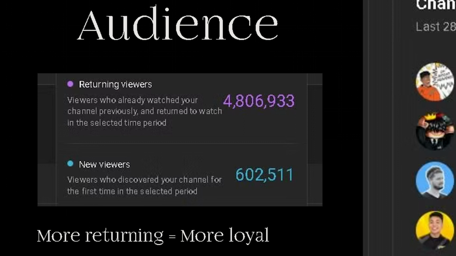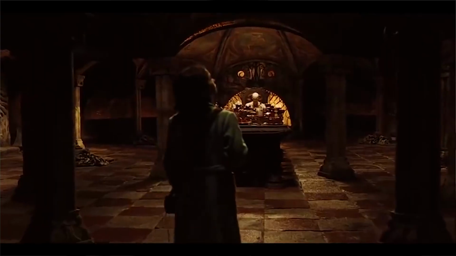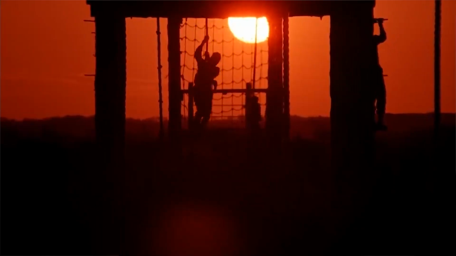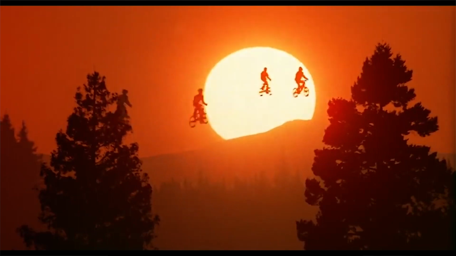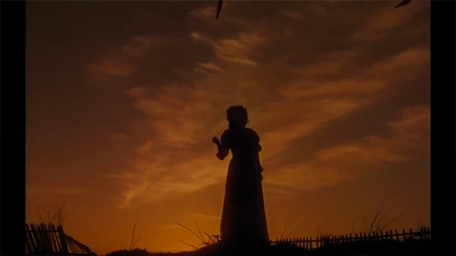Once you understand that, I would start to take more risk and focus on trying to gather new eyes. Now, you'll get these 2 different types of audience. You'll get returning viewers and you'll get new viewers. These are 2 important metrics to look at. When you're first starting, obviously you have a lot of new viewers, but eventually you want those viewers to become returning viewers, because more returning viewers mean they're more loyal, and that's how you know you have a more healthy